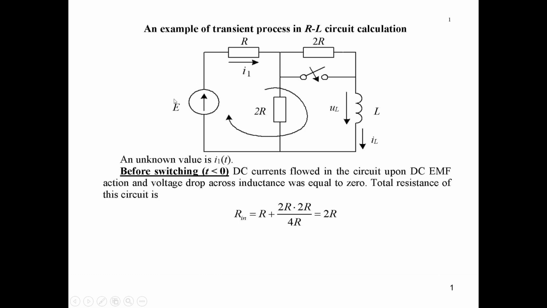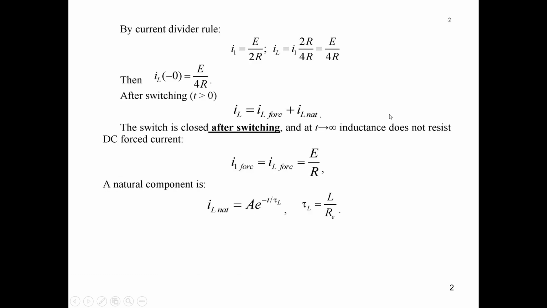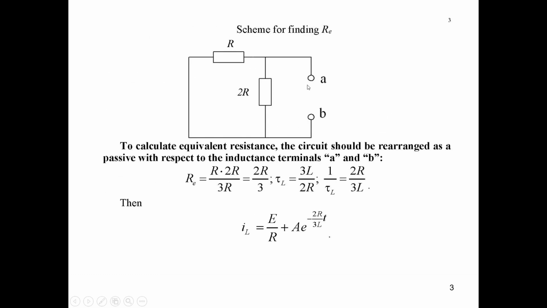And for this, we should replace this EMF by its inner resistance equal to 0. So it will be a short-circuited part, it will be R, this 2R, and this L, not L, but the terminals to which L is connected. You see, it is here, A, B, the clamps to which inductance is connected,